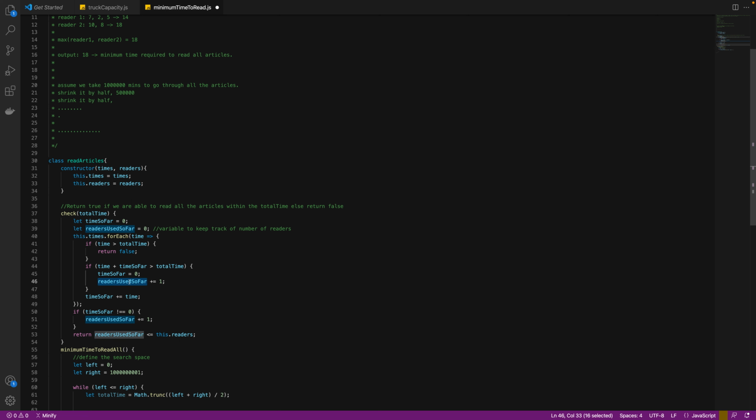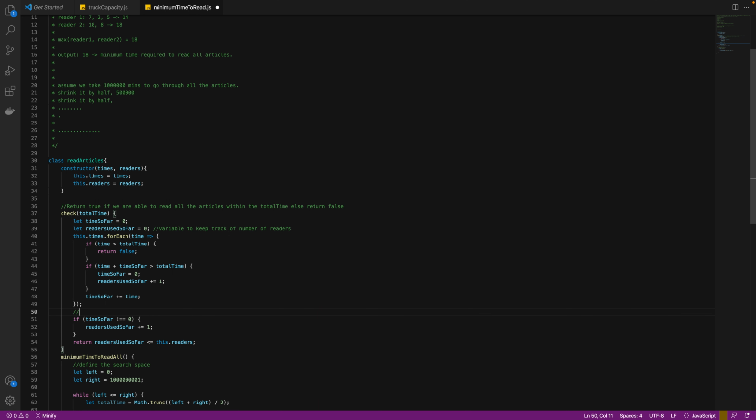So we increment the readers used so far plus 1, and then time so far should be reset to 0, and then starting at this reader, we need to increment the time so far. So we say time so far equal to the time required to read this current article, and at the very end we need to check if we needed an extra reader at the end, right? So if time so far is not equal to 0, then we are left with one last reader that we had to use, and then eventually we check